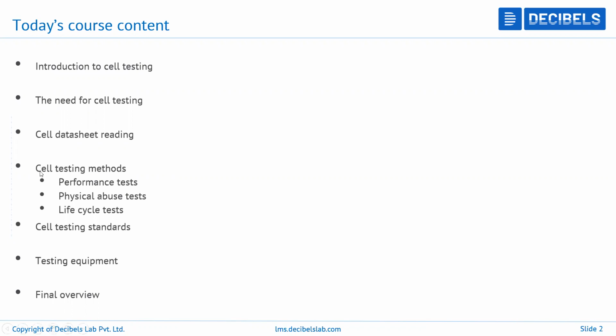And then we'll take a look at three important testing methods, or testing protocols. The first and foremost one is called the performance test, which talks about the cell's performance with respect to current or voltage, power, energy, capacity, things like those. Then we'll take a look at physical tests, or physical abuse tests, where the cell is subjected to damaging, harsh, abusive environments, extremely hot, extremely cold, extremely wet environments, things like those. And then finally, one is called the life cycle test,